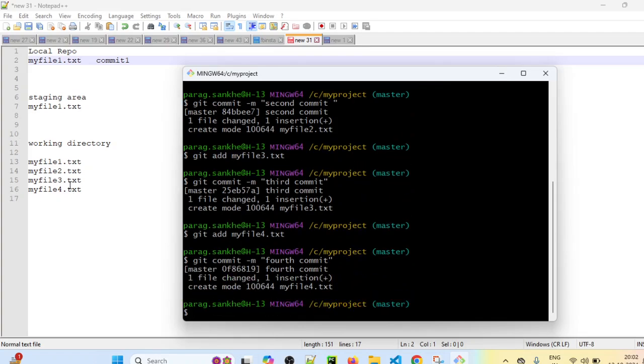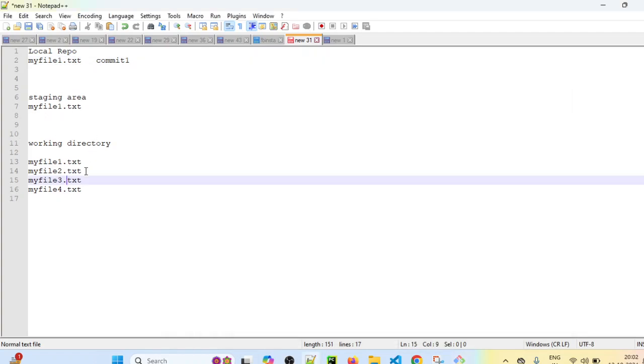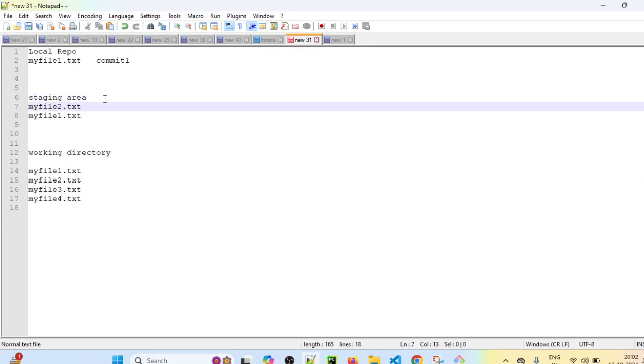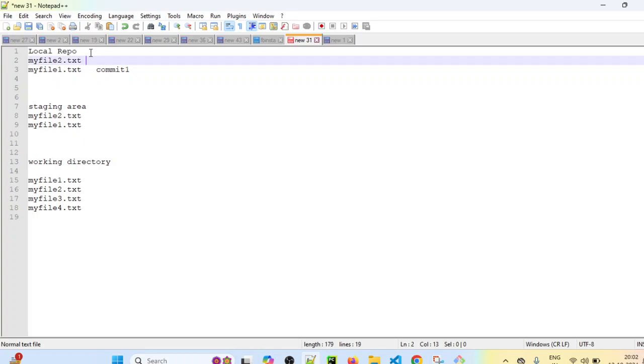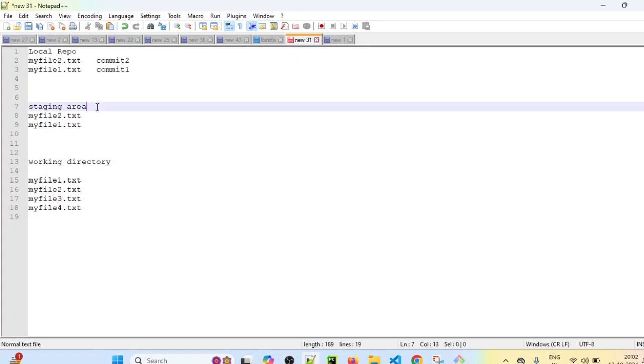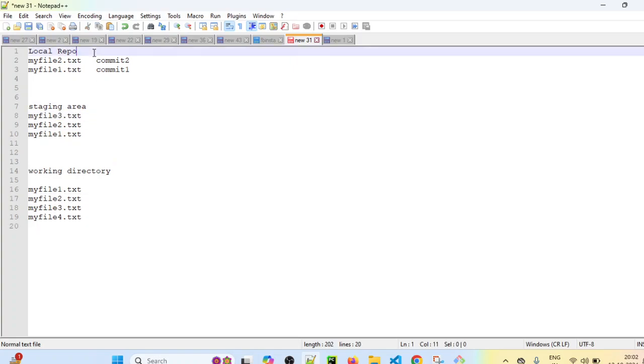That's it. So what we have done, basically after myfile1, we have added myfile2 to the staging area, and then we have committed it to the local repository in commit2. This is the second commit. Then we added myfile3 from the working directory to the staging area, and again committed it to the local repo in commit3.